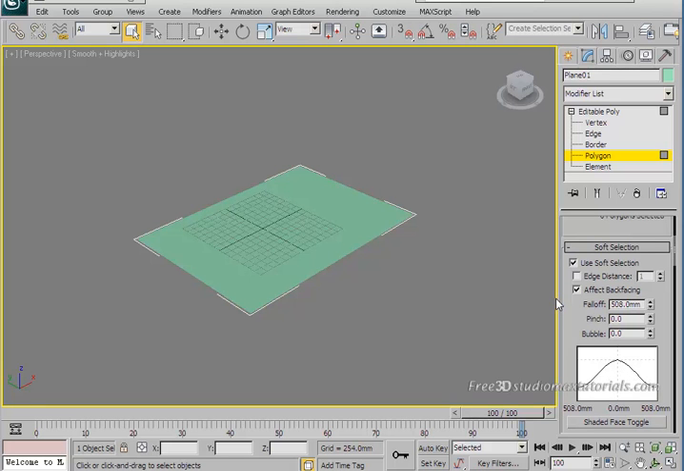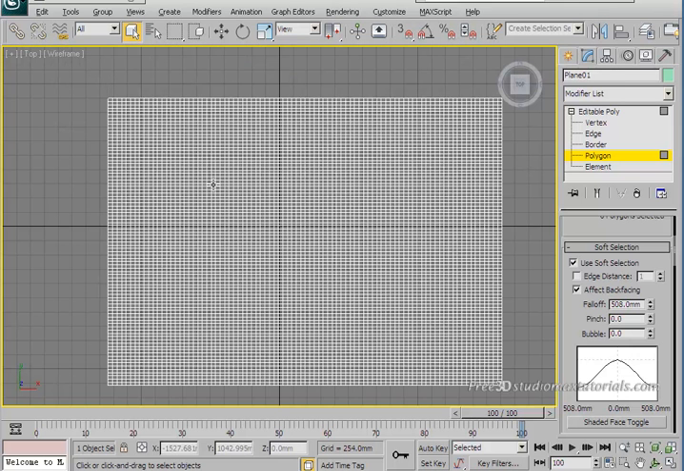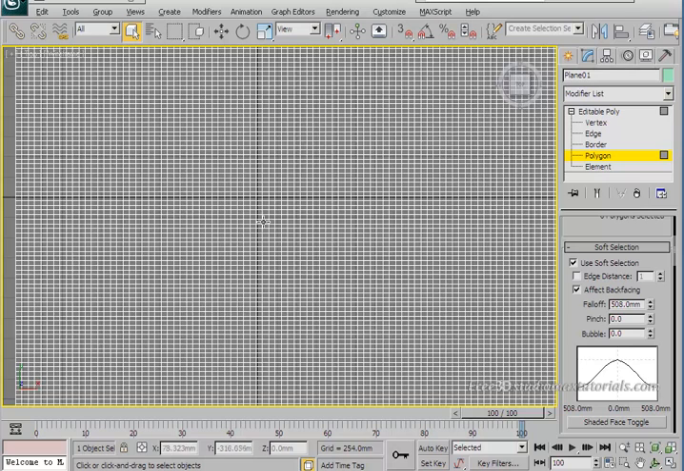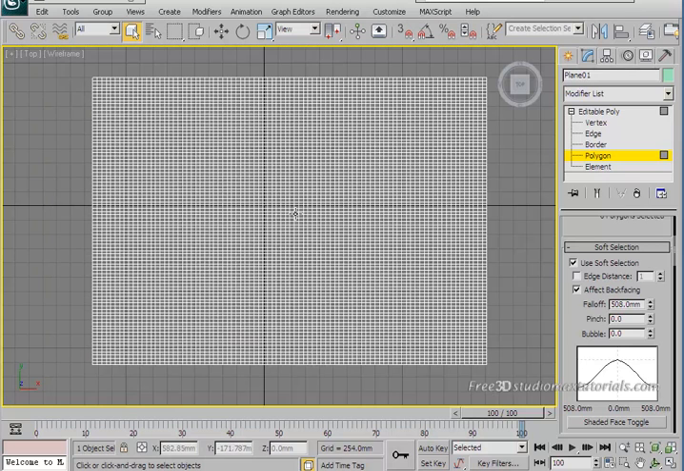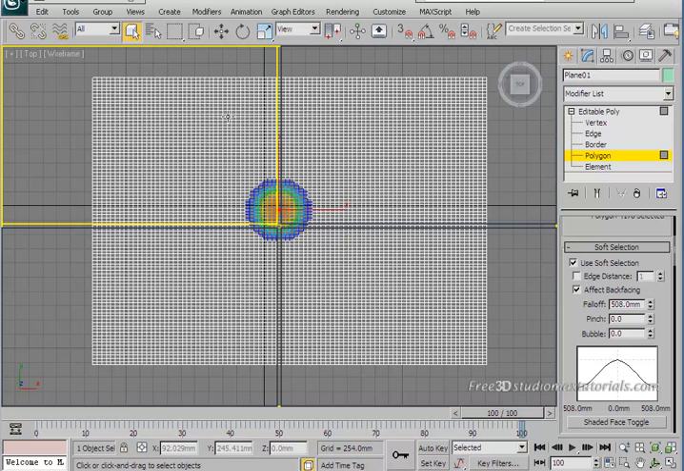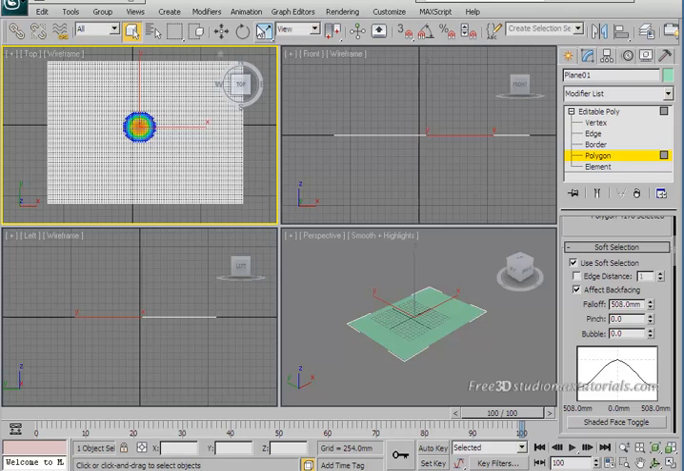While you're still in the polygon selection, select a face that is almost in the center of the plane. To do that, just go back to your top viewport and select a very middle polygon on your plane. I think that will be good. Okay, go back to your perspective viewport,